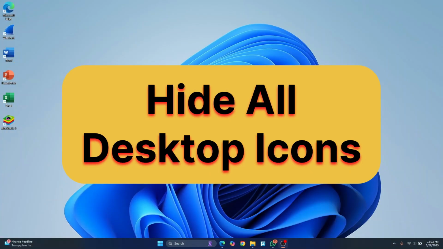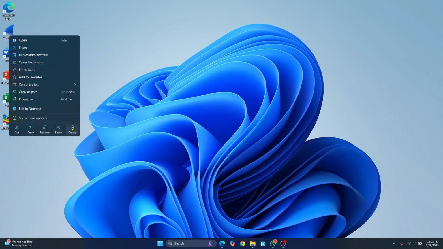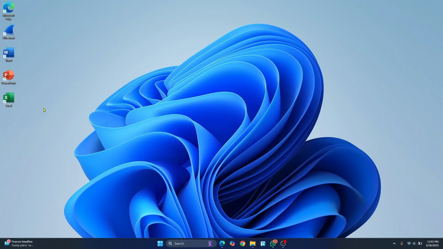Let's see how we can hide all the desktop icons from Windows 10 or Windows 11. So the first method is to just select it, right click on it and click on delete, and one of these things will be gone. But if you have a lot of icons, doing this for all of the icons manually is quite a hectic